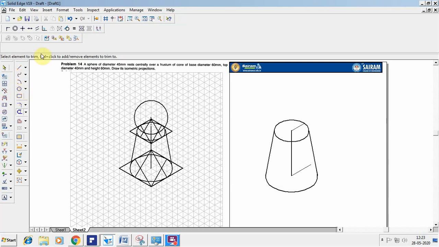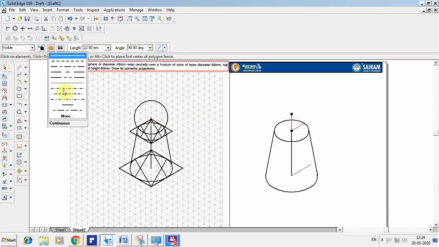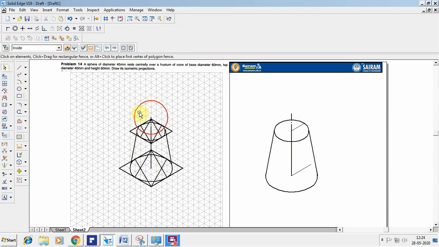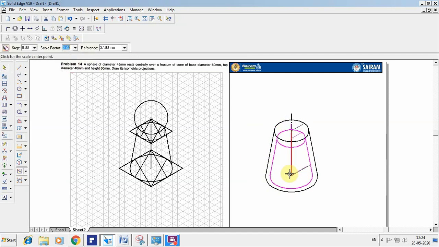Now we'll go for creating the sphere. Again, the sphere diameter is 45, so radius I'm going to take as 22.5 at an angle of 90. So once you've done this, select that and make that the axis of the sphere. Now before drawing the outer shape of the sphere, you have to reduce the scale since the outer shape of the sphere remains the same. So I'll go for the scale option now. Scale that to 0.82. Place that.